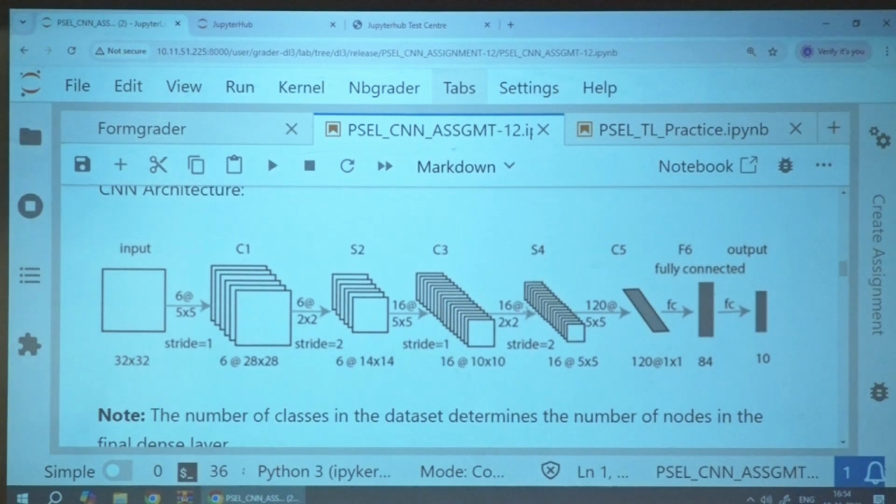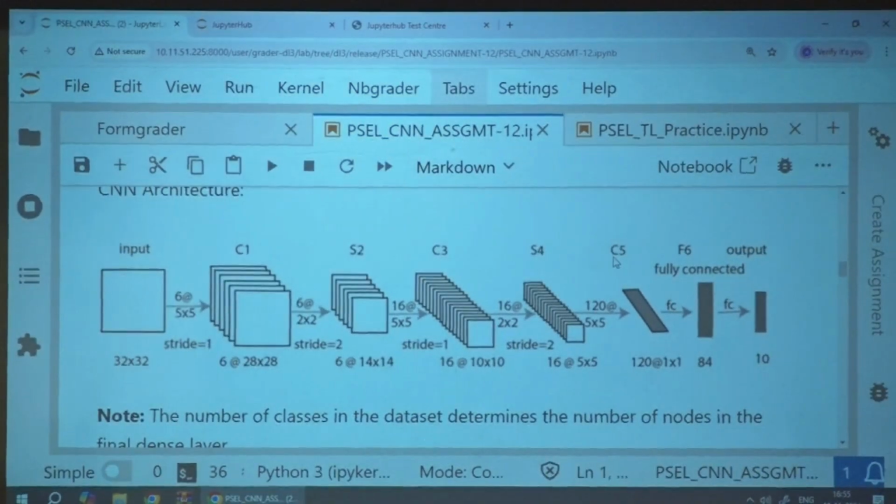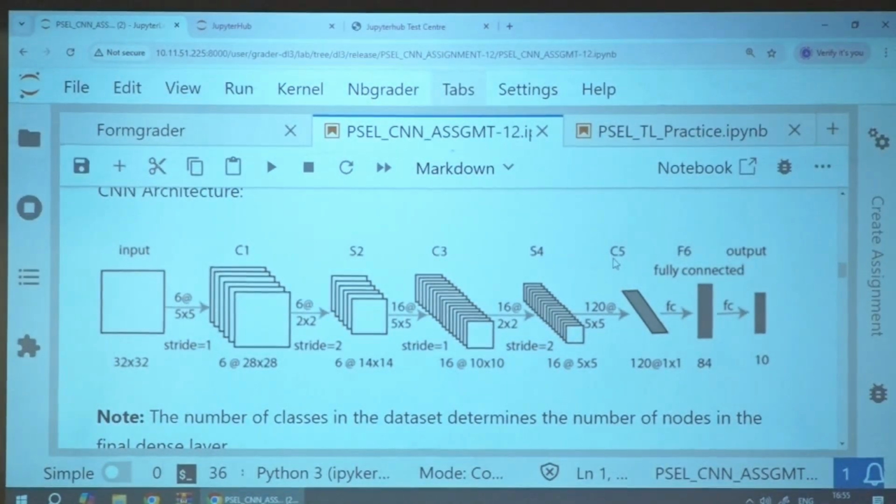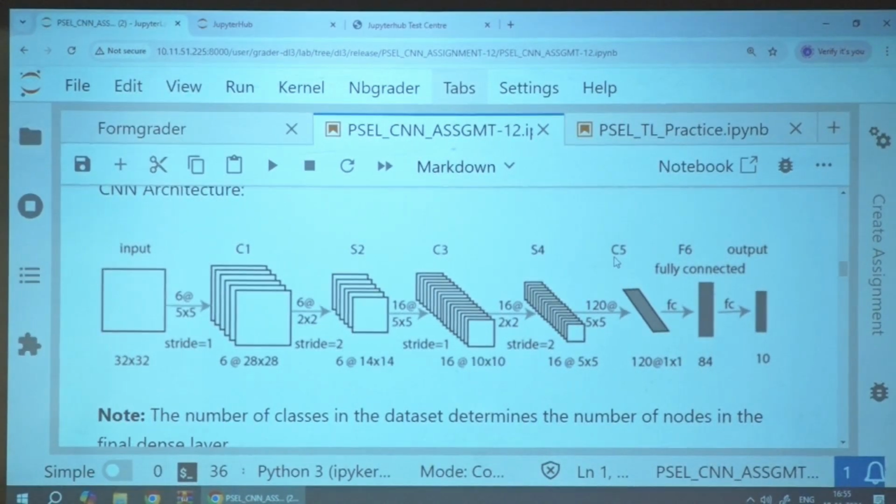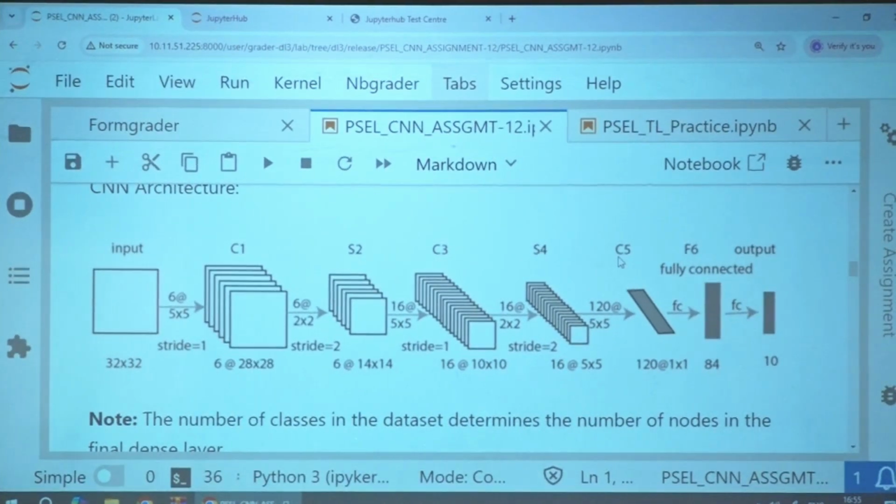Now the output of the second convolution followed by the max pooling is to be reshaped. That reshaped output needs to be passed to the first fully connected layer, that output to the second fully connected layer, that output to the third fully connected layer, so that you will get the final output which has to be returned by the forward method.